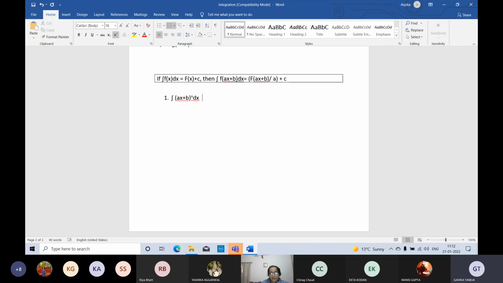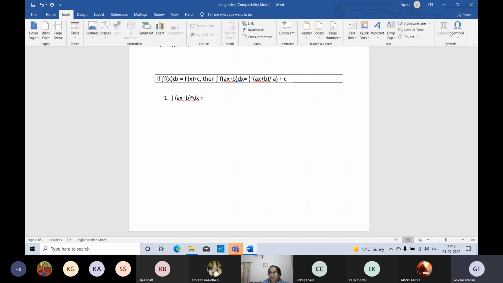Here you also have to note that n is not equal to -1. ओके, अब अगर n -1 के इक्वल नहीं है तो फॉर्मूला क्या होगा? मेरे पास फंक्शन है (ax plus b) raised to the power n. वैसे क्या होता है आइडियली (ax plus b) raised to the power n plus 1 upon (n plus 1) into a. So what I'm saying is this is going to be (ax plus b)